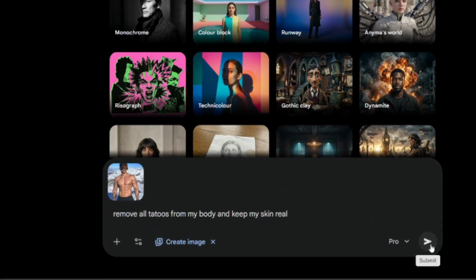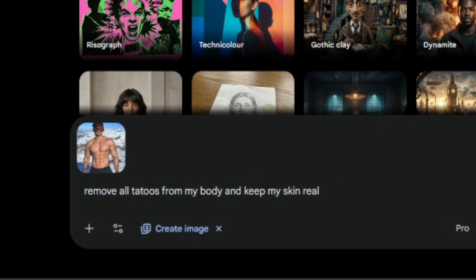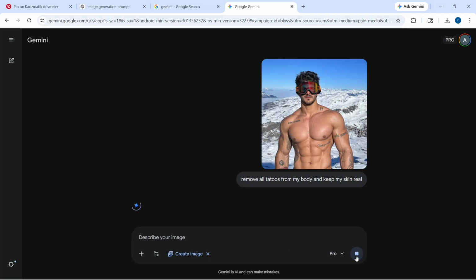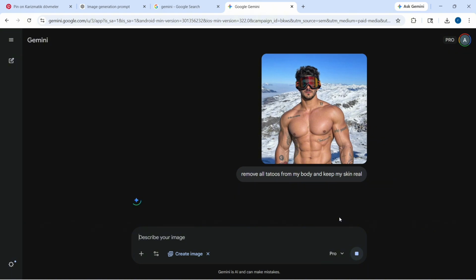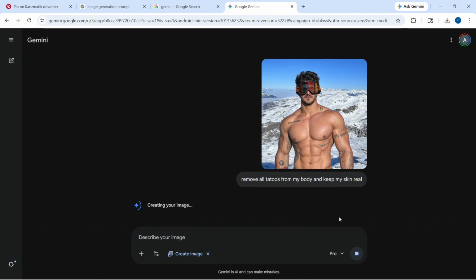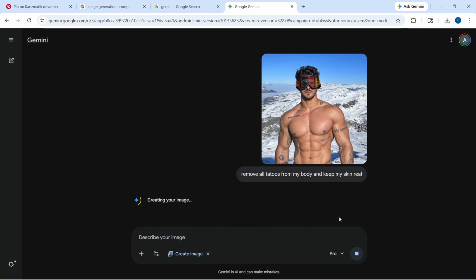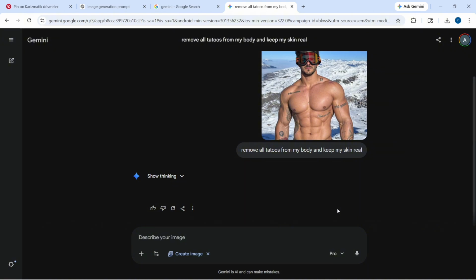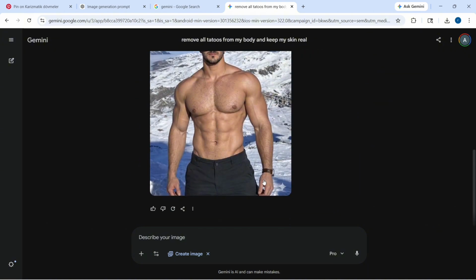You can even mention details like maintaining natural skin tone, texture, lighting, and shadows, so the final result looks realistic. Once everything is set, submit your request and let the AI process the edit automatically. Within moments, the AI carefully removes the tattoo and blends the area naturally with the surrounding skin, preserving the overall